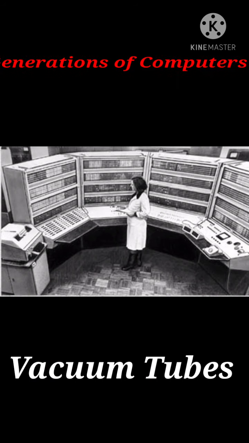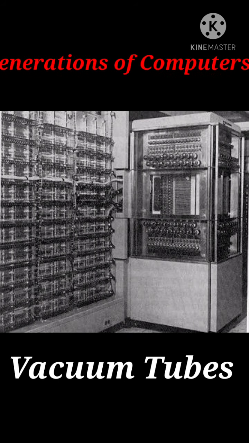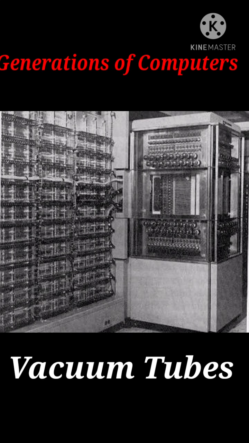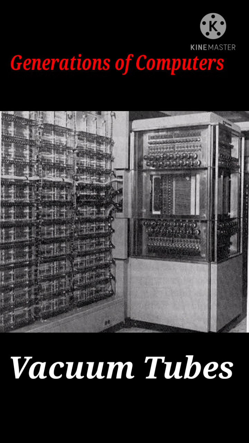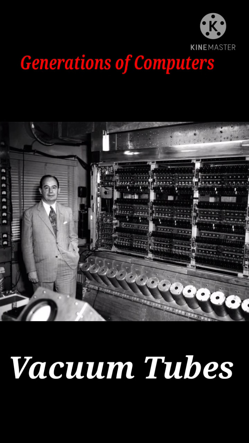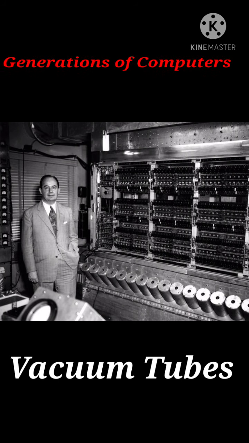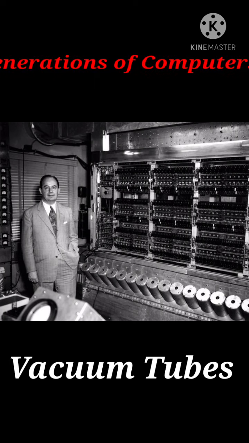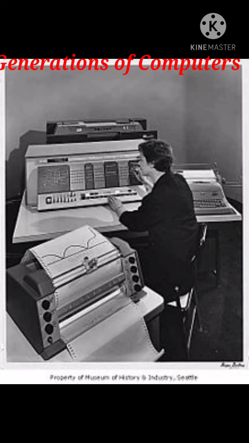Eckert and Mauchly developed another computer. This was different from the other computers by its self-checking characteristic and the input of information was by magnetic tape. The general demerits of the first generation computers were they were too big in size, comparatively slow in speed, lesser accuracy and reliability, large amount of power consumption, and greater amount of heat generation.